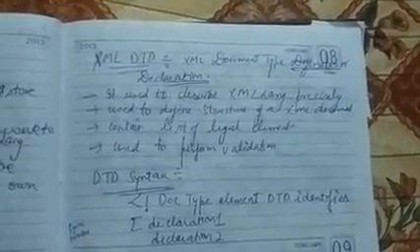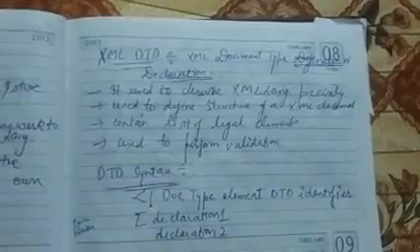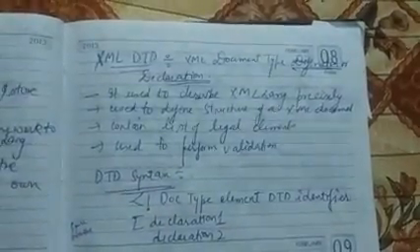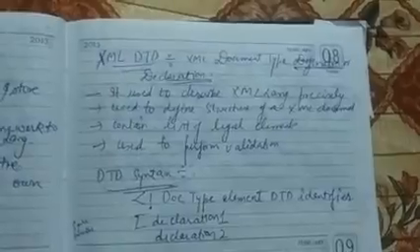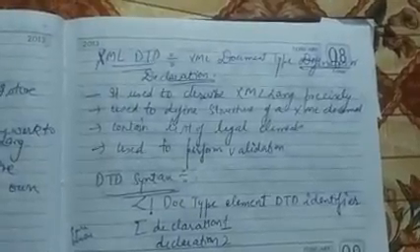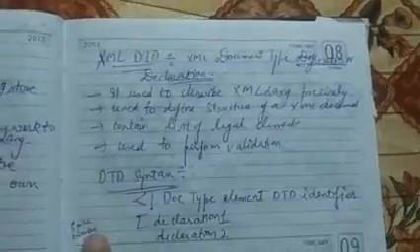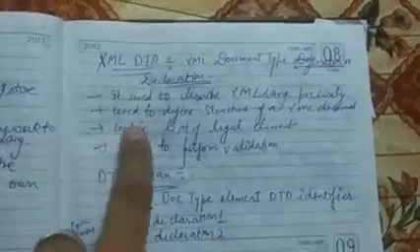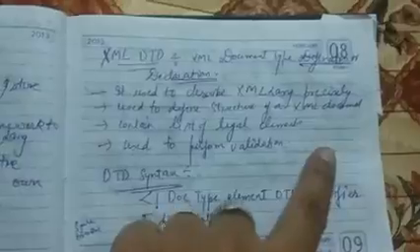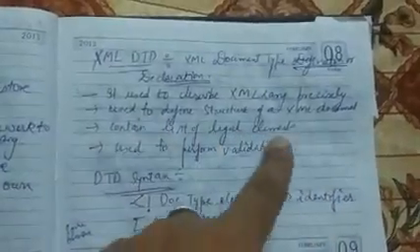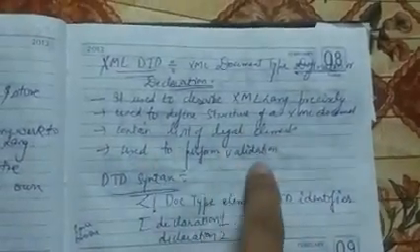मतलब जो भी हम XML में लिखते हैं, DTD is used to correct the element, and it is used to validate whatever content we write in the declaration part. It is used to describe the XML language precisely, and to define the structure of an XML document. It contains the list of the legal elements, and it is used to perform the validation.